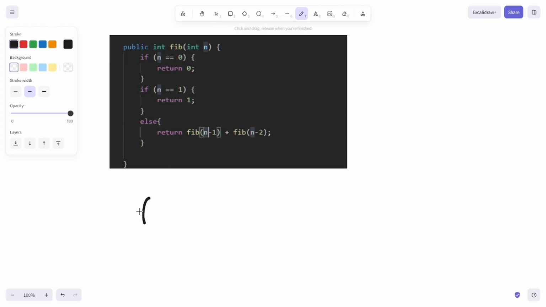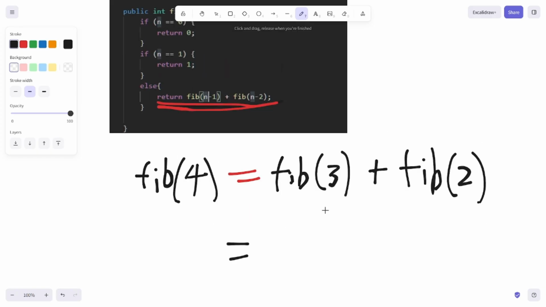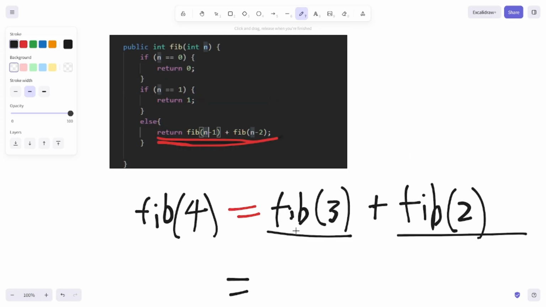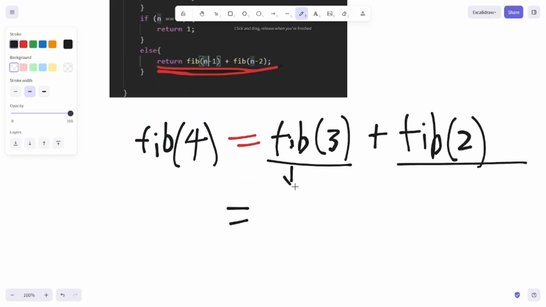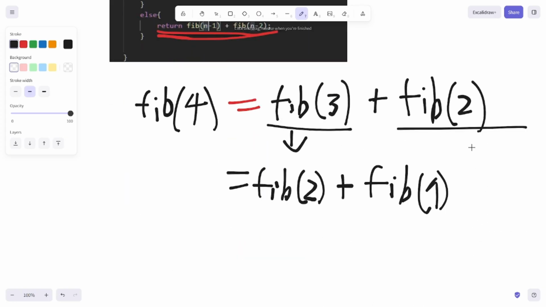Okay, so let's just say we have something like fib4. Fib4, we are going to run this statement, equals fib3 plus fib2. But now, we go into fib3 and fib2. Let's go into fib3 first. What is fib3 going to do? Fib3 is going to do fib2 plus fib1, right? And fib2 on this side,